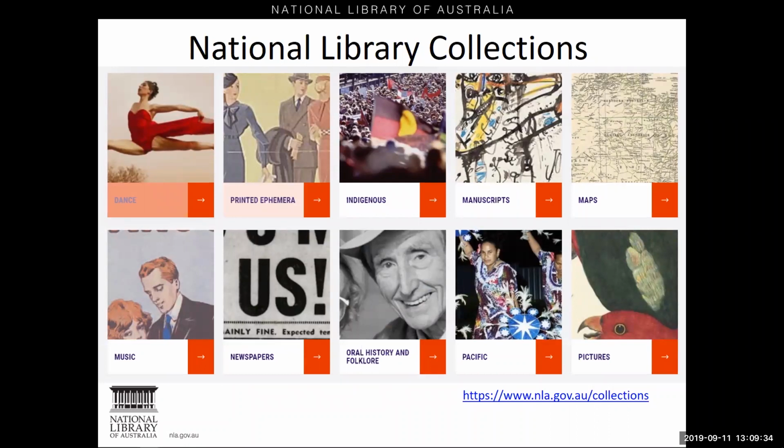So in addition to our general printed collection, we have a range of format-based and themed collections in our library. And here we can see a nice little overview. So each area has specialist library staff who work closely with collection material and manage access. The majority of these collections are primary source material, a primary source being an authoritative first-hand glimpse into the past.